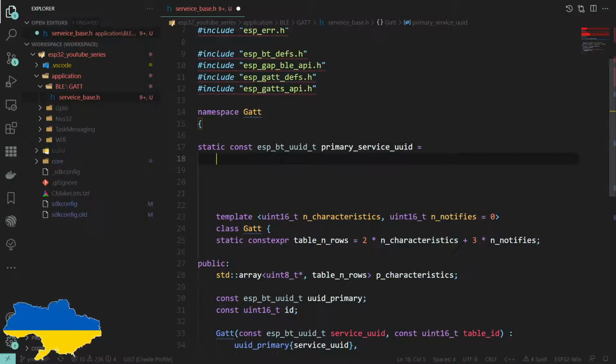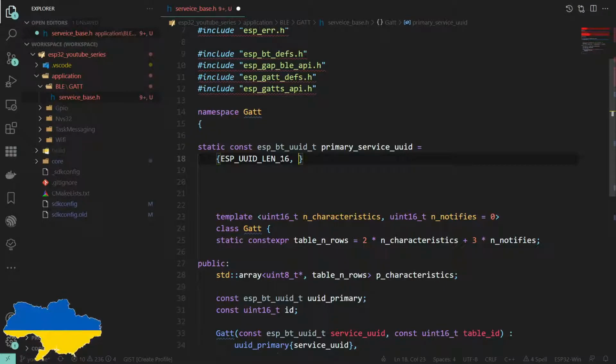It's a structure where the first bit of information is how long the UUID is. They can be, I think, 8-bit, 16-bit, 32, 128. So you can get short hex codes, long hex codes, and so on. Most, if not all, of the predefined by the standard ones are all 16-bit. And there is just a hash define in the IDF for this: UUID len 16, ESP UUID len 16.